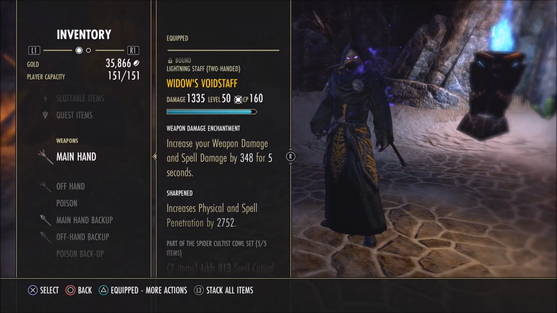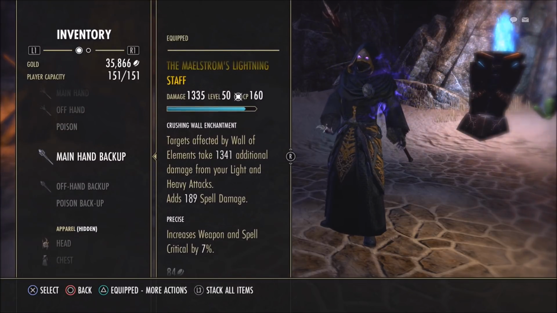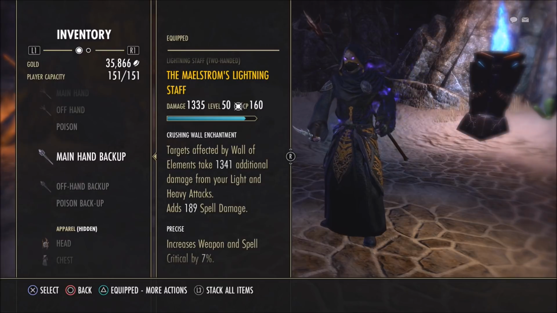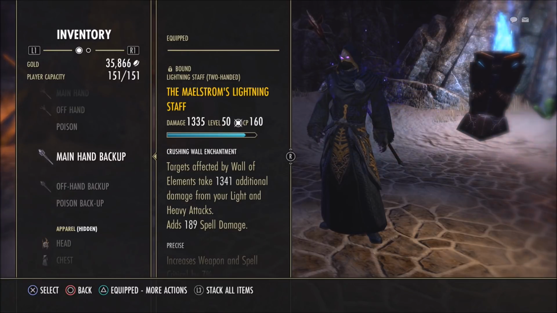So that's the easiest way to get the perfect weapon for that setup. Also on the back bar, I am using a Maelstrom Lightning Staff. The one I'm using is precise, however, optimal, you want to get charged. I'm not lucky enough to get it yet. Tried it loads and loads of times on PTS, and of course done a lot of testing with other people